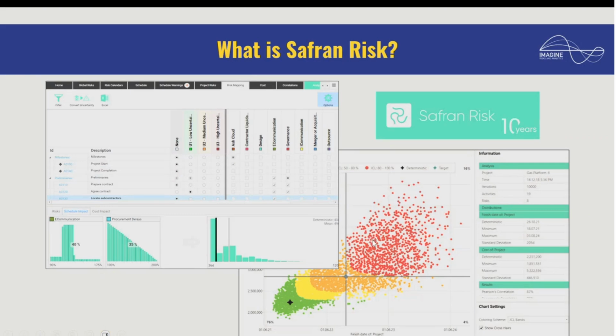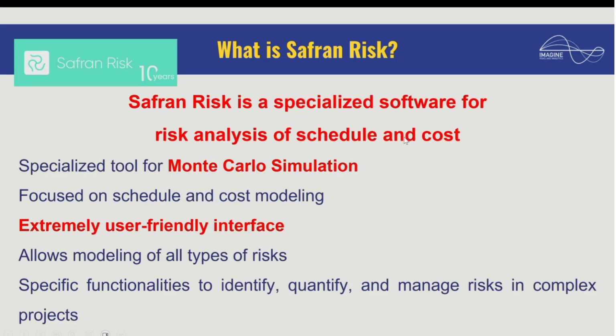And what is Safran Risk? What is this tool that we're going to use here to quantify the risks of our project before we jump into the project itself? Safran Risk is a specialized software tool for risk analysis of schedule and cost. It runs Monte Carlo simulation on top of your schedule, right?